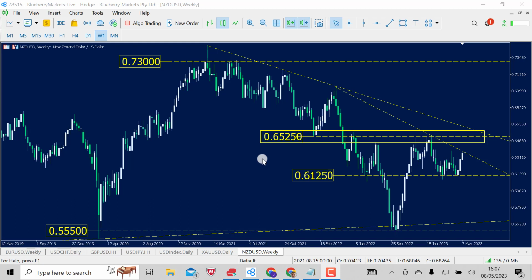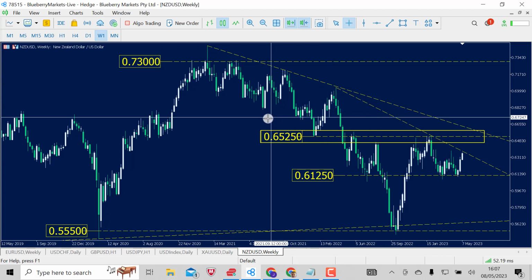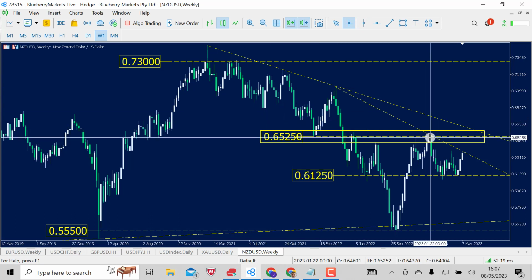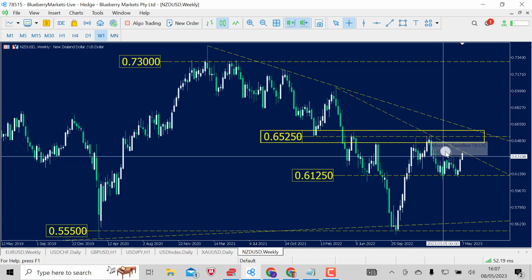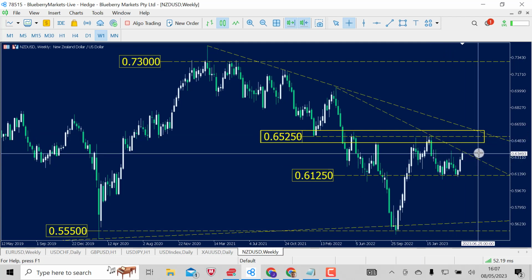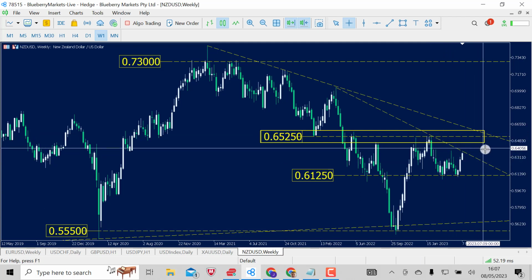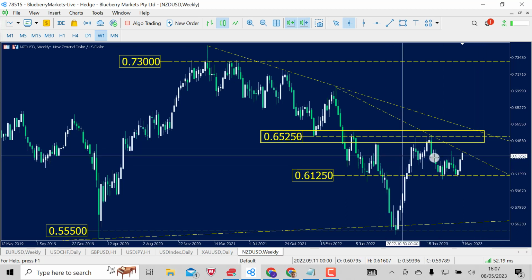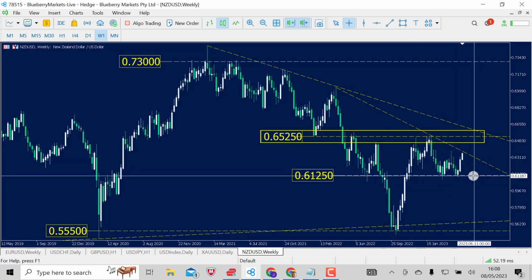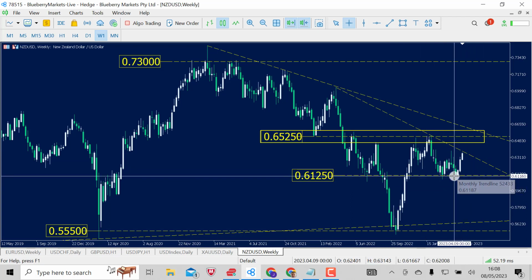If we discuss a little bit of the fundamentals first, we saw that in March the inflation rate in New Zealand is still sitting around 6.7%. So inflation rates are still quite high in New Zealand, and we're likely to see the RBNZ continue to act with that further. Now we can see here from this weekly chart that price formed a double bottom pattern down at the